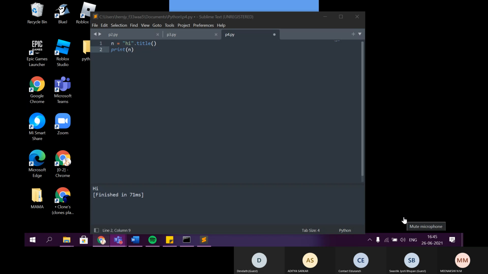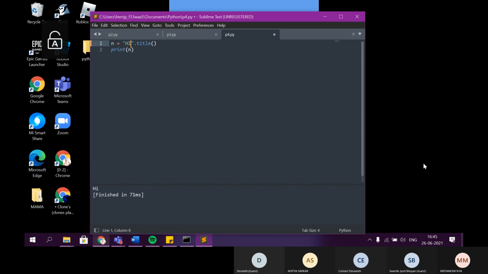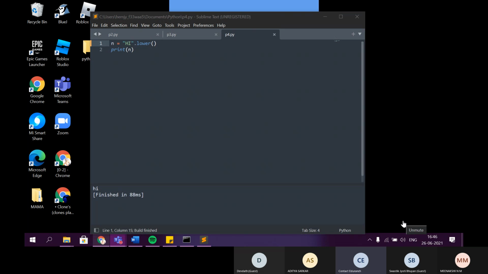So I put the string in all caps and then I write it as lower to check if it is working. Yes. Sir, I'll show you. Yeah, it's working. Excellent. Very good. Sir, my also working. Show me your screen.